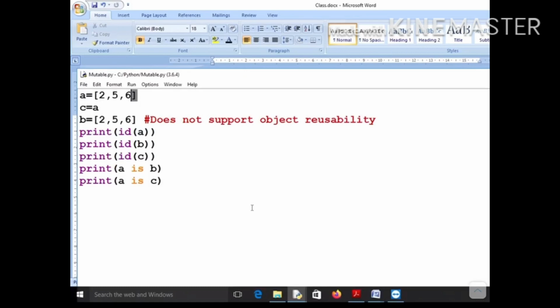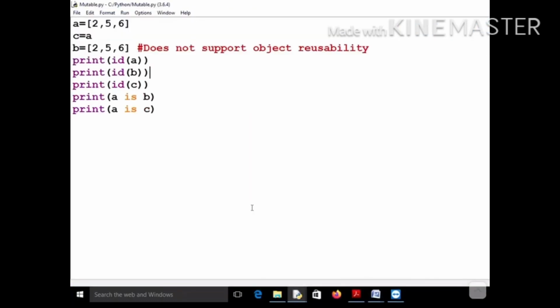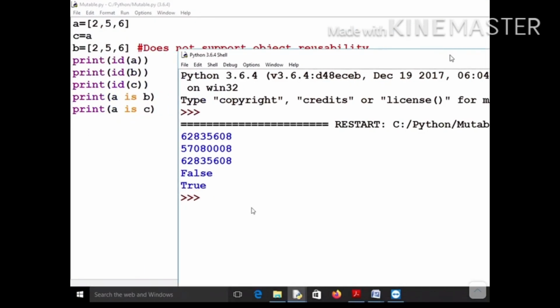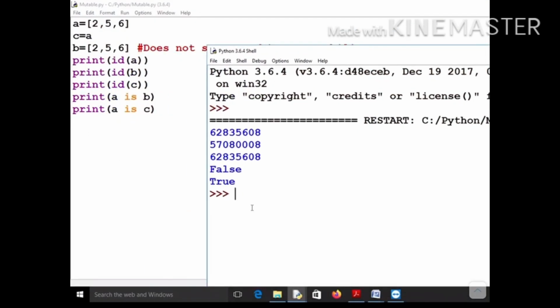Even though you take the same value, it will not use the same object, it will instead create a different object, even though you are declaring that particular reference variable with the same value. So let me run this, and you can see that A is B is false, whereas A is C is true. A is B is what matters to us.